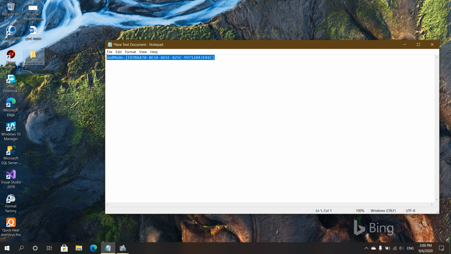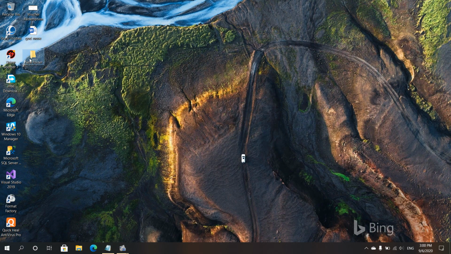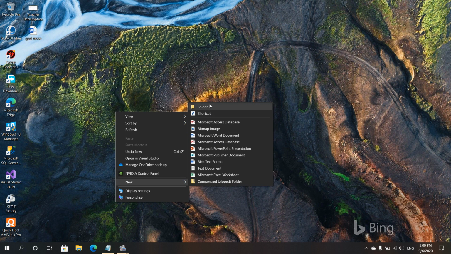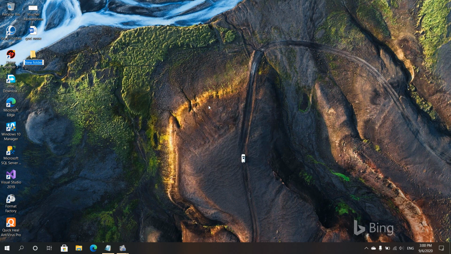I will paste the string within the description of this video. Copy this string. I will delete this folder again, as I want to show it from the start. Select New, select Folder, and just copy paste the string which you have copied from Notepad or from the description, and hit enter.